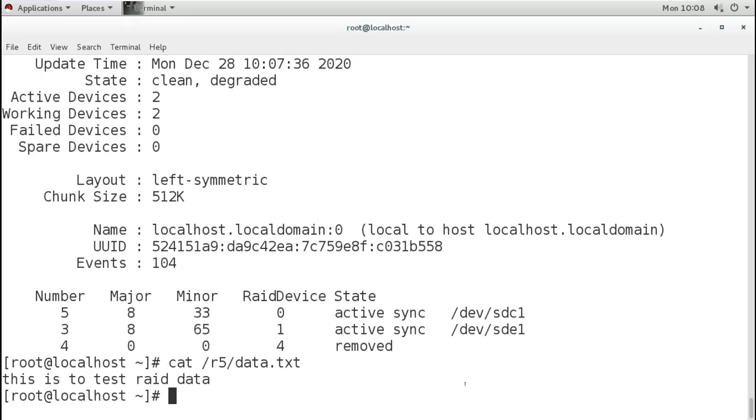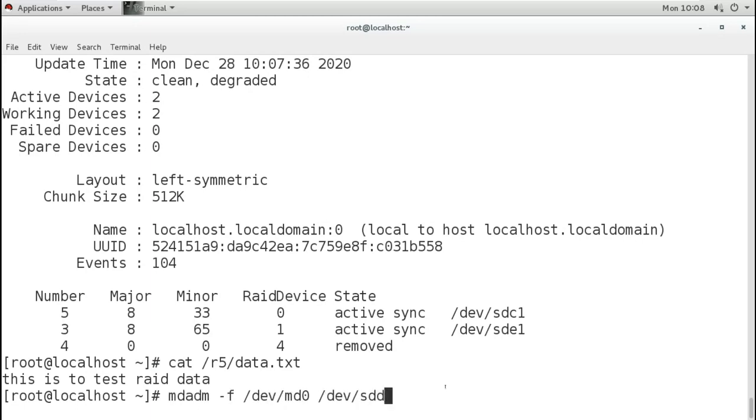Now I'm going to corrupt one more disk from this RAID. Remember, this RAID 5 needs at least two working disks from those three, and it can only support one failure. So what happens if I fail one more disk? There is a chance of losing the data, and we can lose the data here. Now see what happens exactly when I make one more disk faulty.